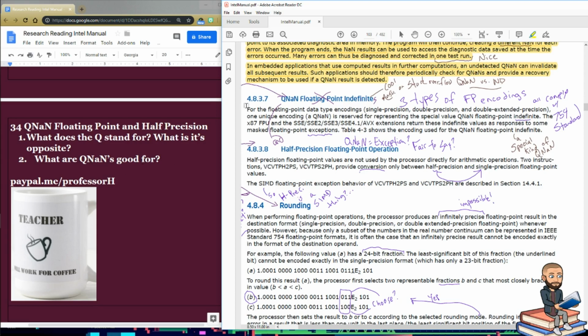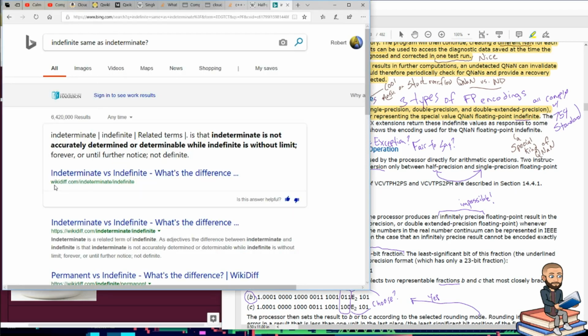So here we go, starting with QNaN floating point indefinites. For the floating point data type encodings, it looks like there's three of them: single precision, double precision, and double extended precision. Of those three, one unique encoding, a QNaN, is reserved for representing the special value QNaN floating point indefinite. So what is indefinite? That is something without limits. Or at least according to wikidiff.com, where it says that an indeterminate is not accurately determined or determinable, while indefinite